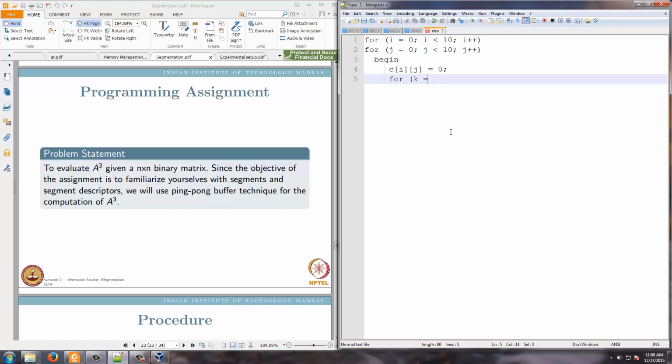For k equal to 0, k less than 10, k plus plus. Cij equal to Cij plus Aik into Bkj.